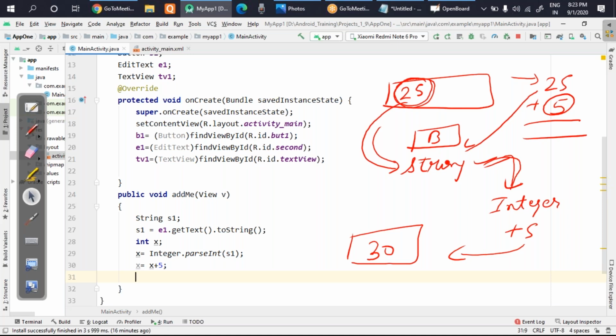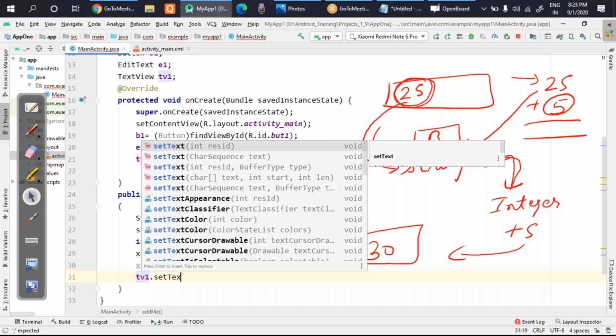Now I have to display it in the text view, so I take the text view variable, TV1 in our case. You can see it on the top here. I write TV1.setText. The command is very simple. If you want to write, you get a method like set; if you want to grab data from somewhere, you get a function like get.